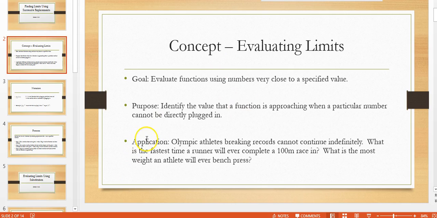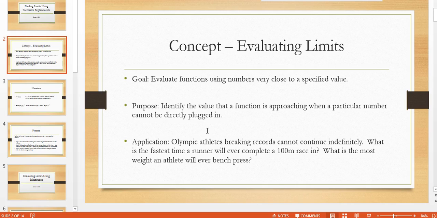Some applications you'll see of limits. Of course, there are speed limits. You're not supposed to go above that speed, but really the concept is better demonstrated through things like finishing a race in a certain time, or weightlifters at Olympic events, even speedrunners in video games. In the beginning, there were huge gaps in the time that they were able to cut off from a race, for example. So maybe the next year they shaved 10 seconds off of the race. But now in the more recent Olympics, you're lucky to see even a second get cut off, or a tenth